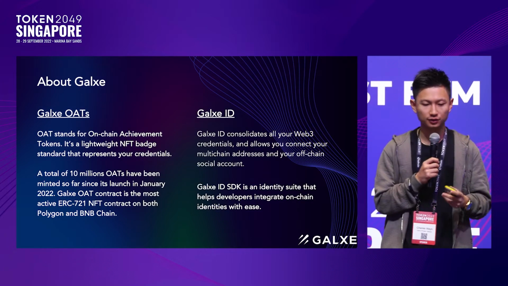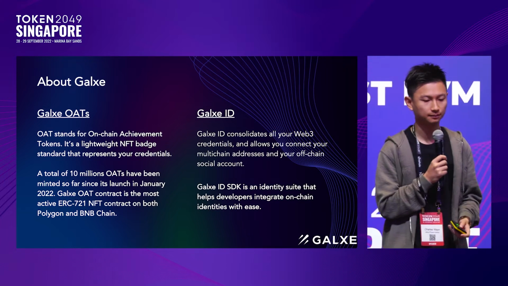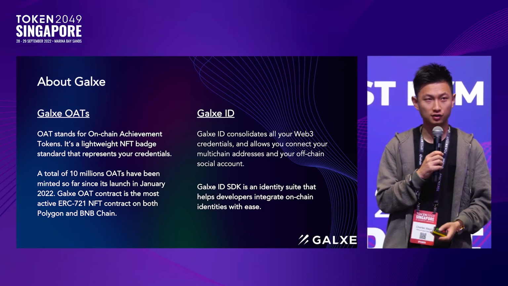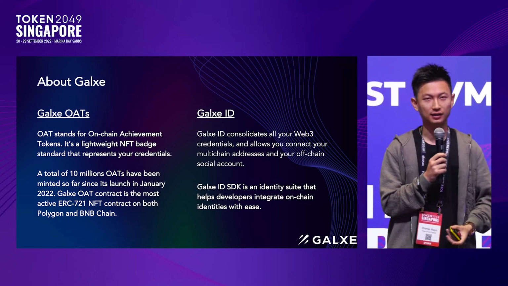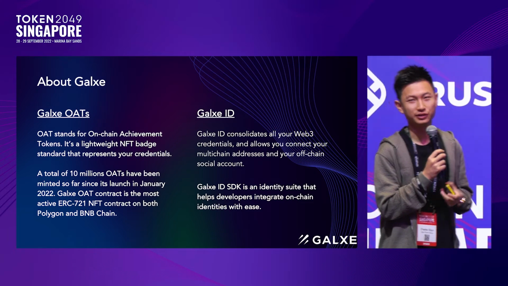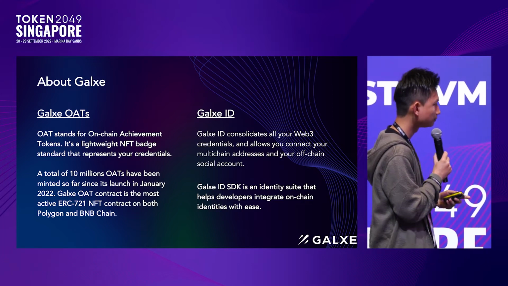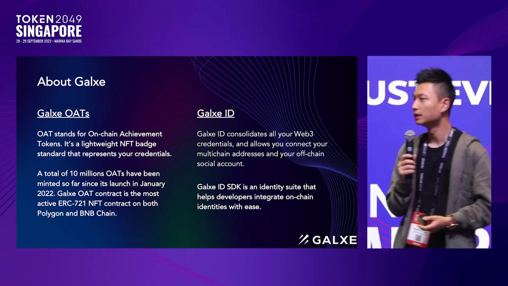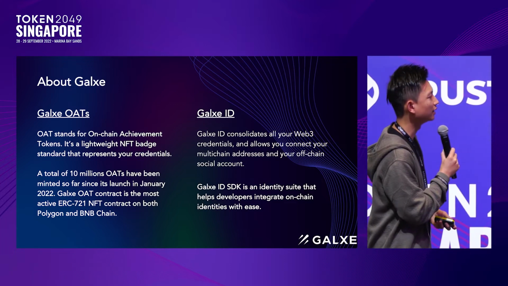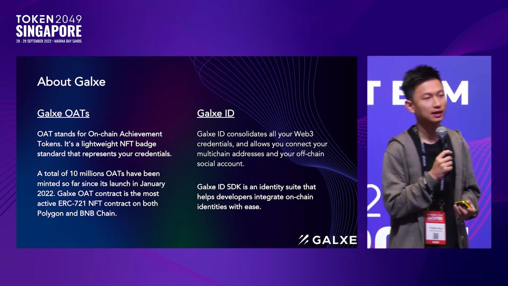And the two biggest features. One is Galxe Oats. So we created this, we call it Oats, or some people call it OAT, which stands for on-chain achievement token. It's a lightweight, gasless NFT badge solution